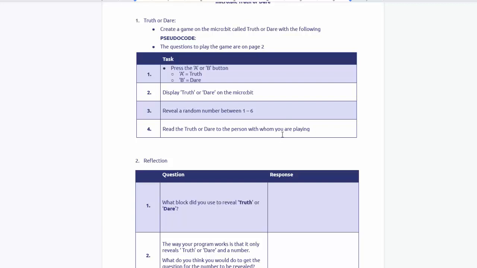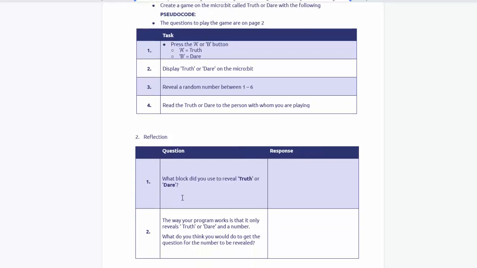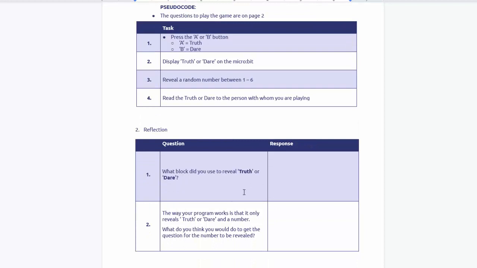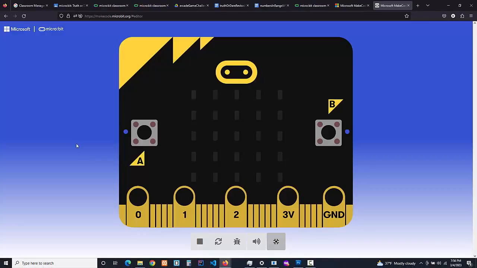Once you're done with the program and you've clicked I'm finished and turned it in, you will come down to these 2 reflection questions and respond to these reflection questions and then turn the assignment in. If you want to see an example of what this game looks like, we'll go over and I'll show you an example. So an example of what this game looks like is if I press the A button,